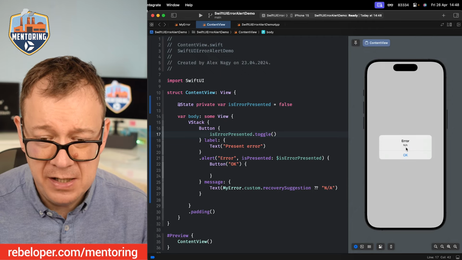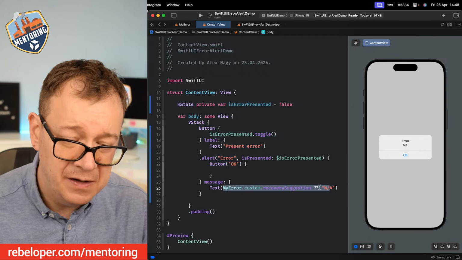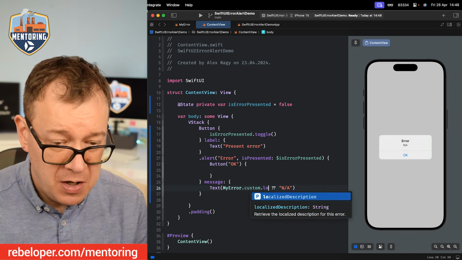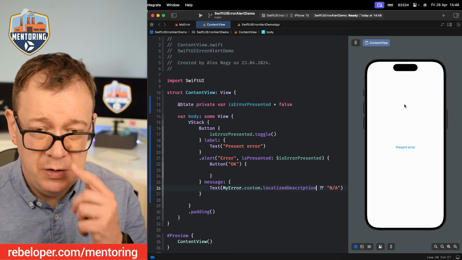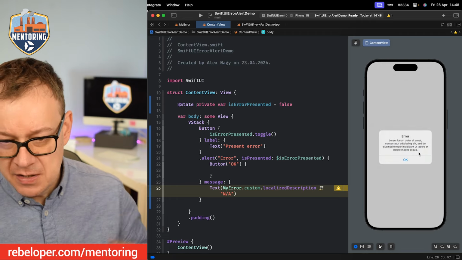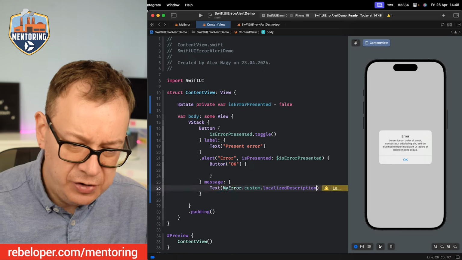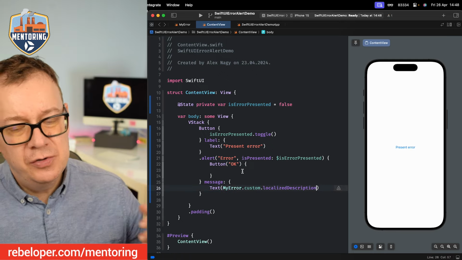Okay, let's just wait. There we go. Error. Well, it's not available, but basically you would just have this. Let's just see if the localized description would work there. Let's present that error. There we go. It's localized description. Great. So yeah, this is how you would do it, and you would need to do these